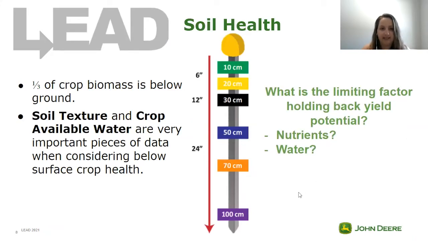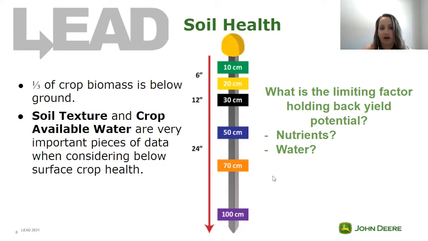So now that we're collecting the data, we can go into talking about how this information is going to help us understand our crop health. First of all, we're going to touch on soil health. It's really important to note that a third of our crop's biomass is actually located below ground. So what this soil probe helps us to do is understand the root activity that is occurring